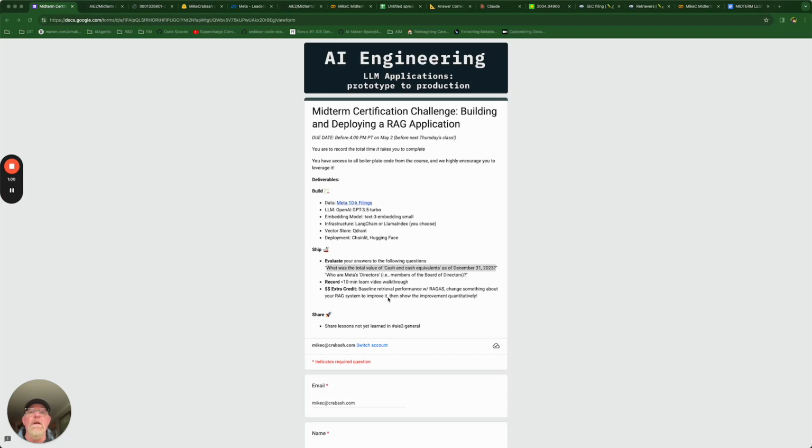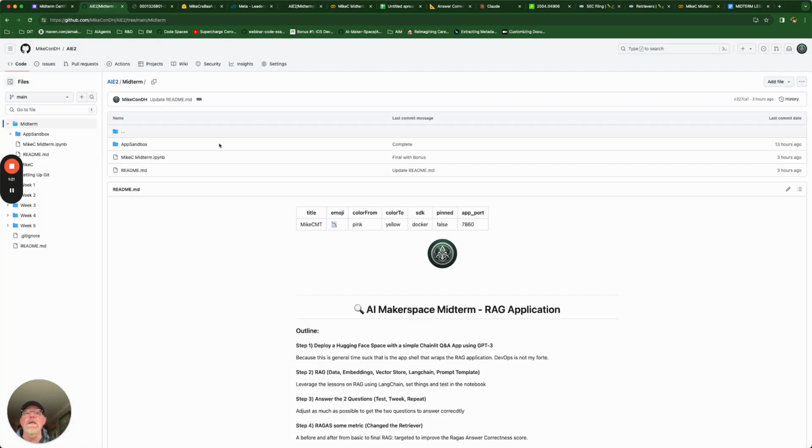And we will be running some tests on some specific questions about Meta. We will then be looking to use Ragas to do some metrics and to tweak and compare. And then we'll follow up with the takeaways from that. So taking a look at this,